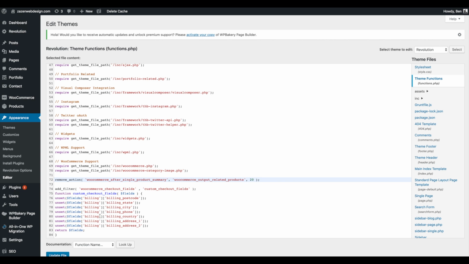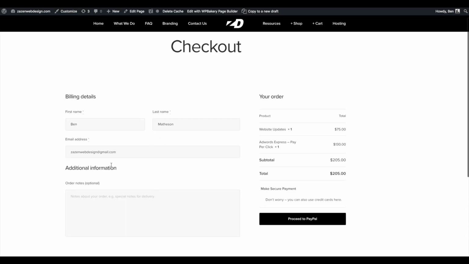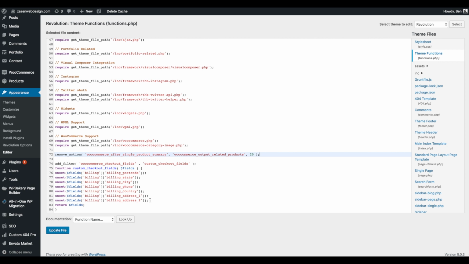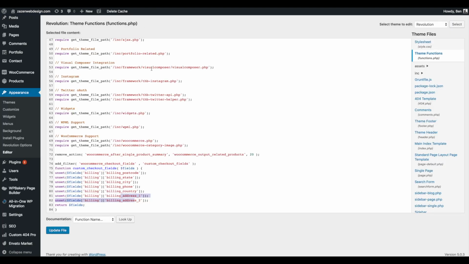So you can customize this depending on how you want this to look. So I've deleted everything but these first 3 fields. Okay, but if I was to modify, let's say to delete these 2 here, then of course the address fields would reappear on checkout. So I'm going to leave the full code